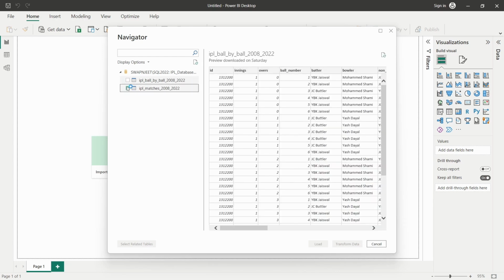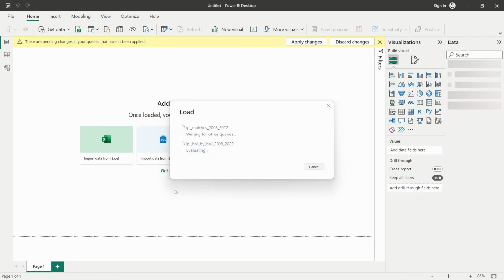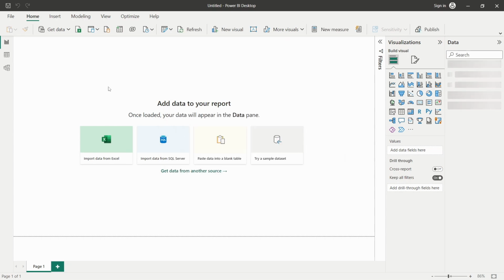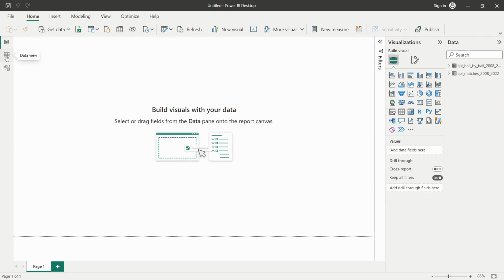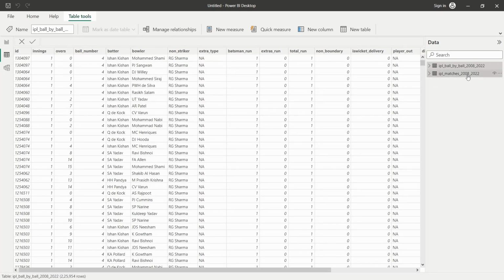So we want both the files. We'll select both the files and I will just click on load. It will take some time to load the data into our Power BI desktop. After that we can see our data in Power BI. Okay, so it has loaded our data. Then we will go into data view, and here you can see the data has been imported for both the